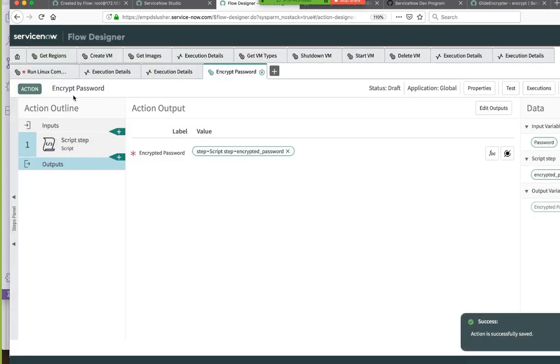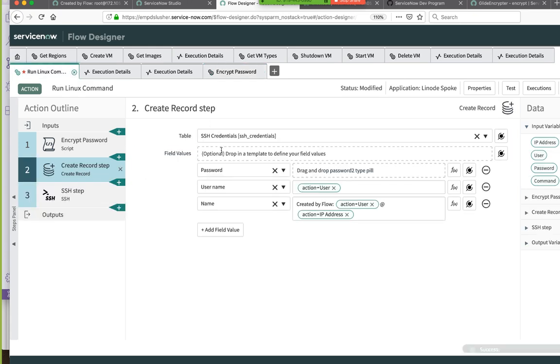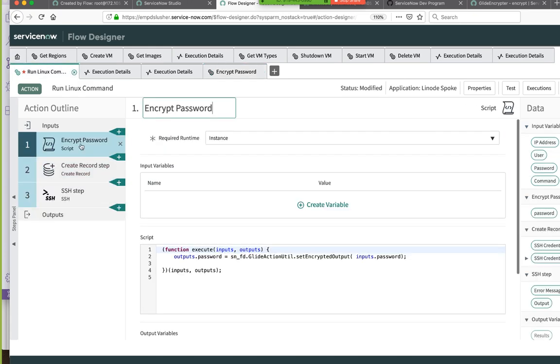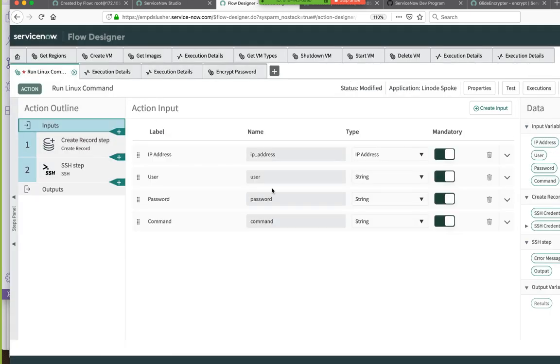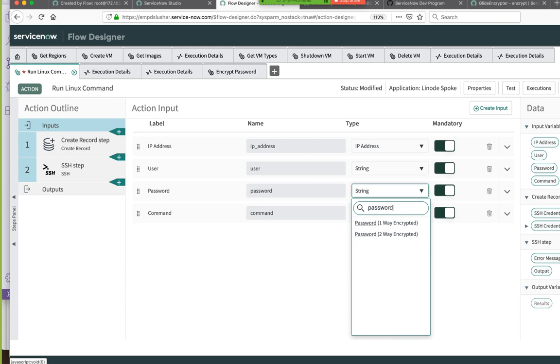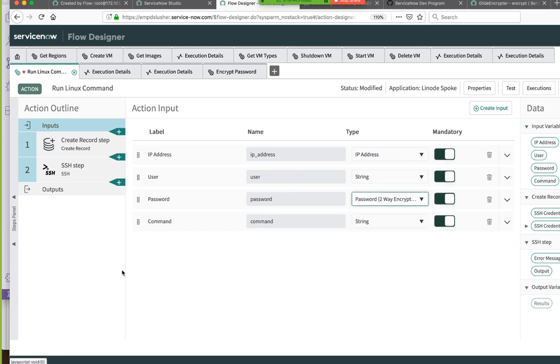Okay. Now, this thing, we're going to actually get rid of this because now it's just confusing us. Presumably, what we could have done is a script step in a flow, but that's not Spoke. The downside of this is that to make this usable, my Spoke has a dependency on this other thing that's not in the Spoke.